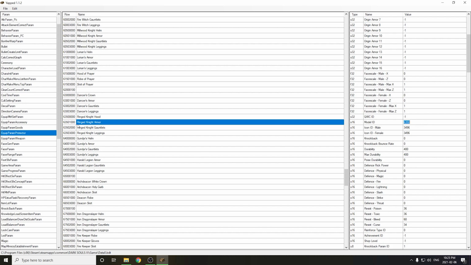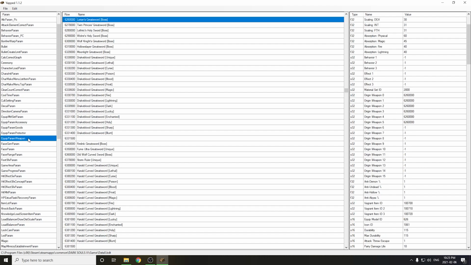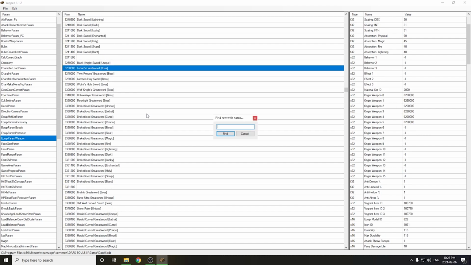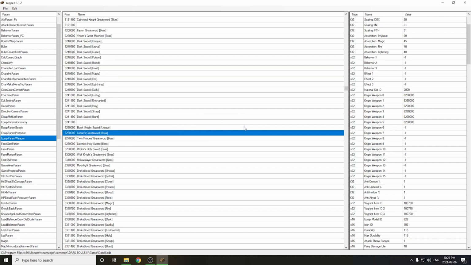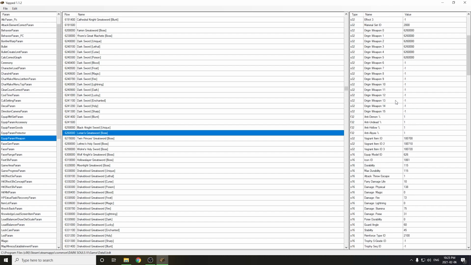Next up, we're going to look for Lorian's greatsword, and that's a weapon, so we're going to switch to Equip Param Weapon. Then I'm going to do the same thing, Control F. I'm just going to search for Lorian's greatsword. And right here you can see it's come up. And now we're looking for Equip Model ID. There we go, and it's 626. With these two numbers in